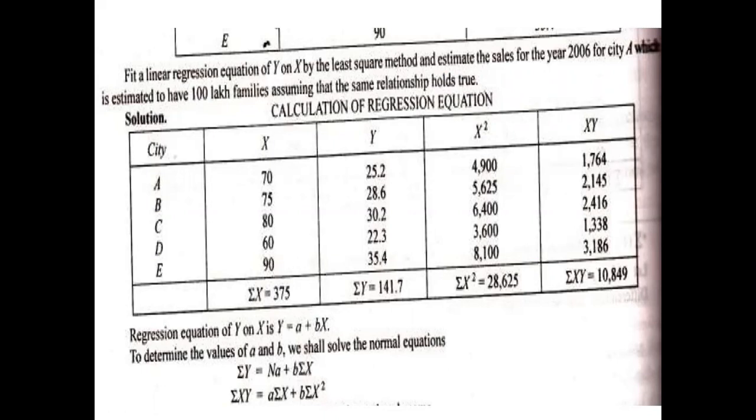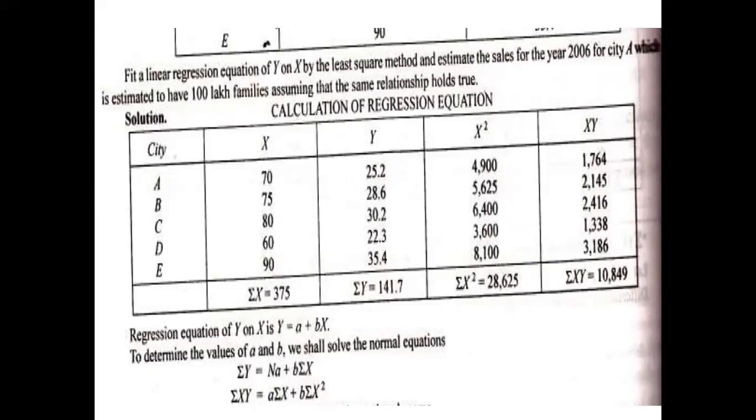So for this purpose, you need to always memorize three formulas. The first one is related to the regression equation, where in case of y on x, the equation will be y equal a plus bx. But whenever in the question it is asked that you need to find the linear regression equation for x on y, then we will place x in place of y and we will place y in place of x. This is the change only when we calculate the regression equation for x on y.